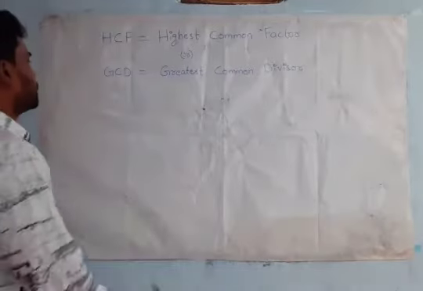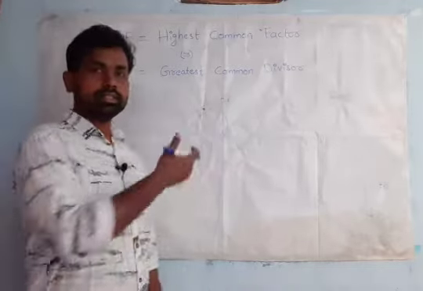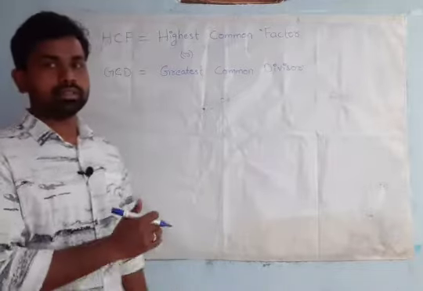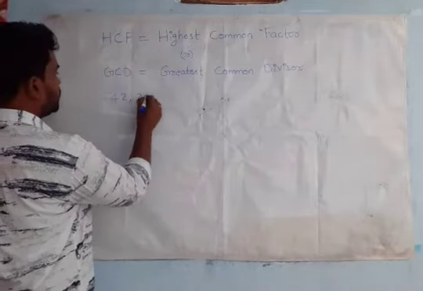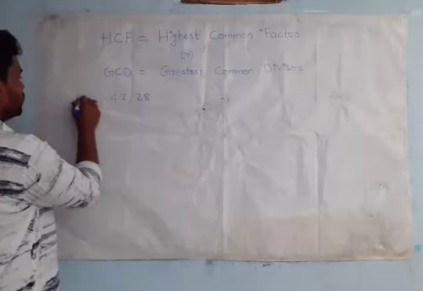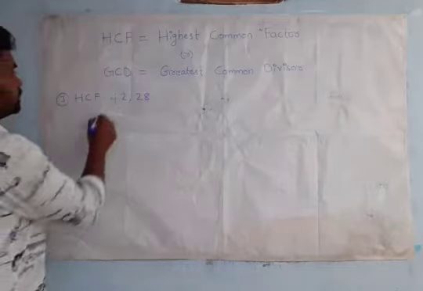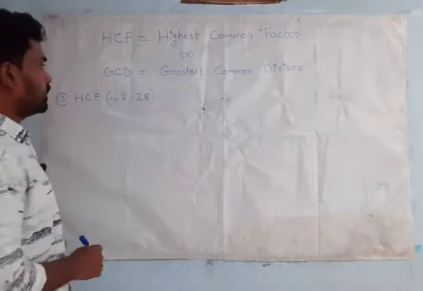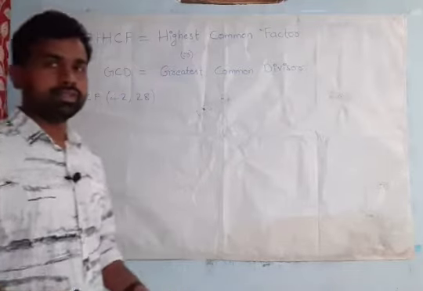Let us take 40, 42, 28. In all the cases, we may not feel that this process is easy, because it has some process. Suppose I give 42 and 28. This is the third one, so you put serial number 3. Find the HCF of 42 comma 28. Now I am doing the division method for HCF. How do we do the division method for HCF?